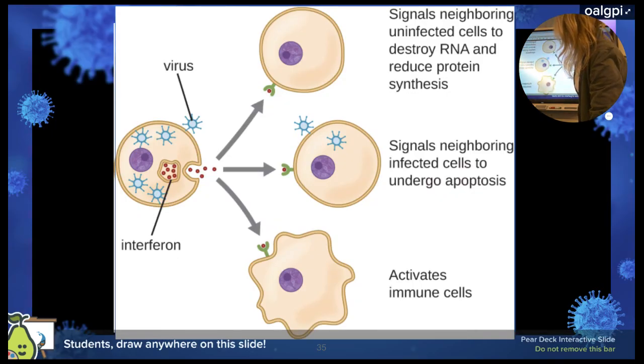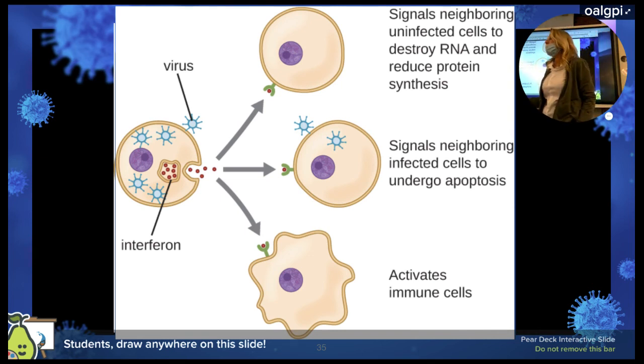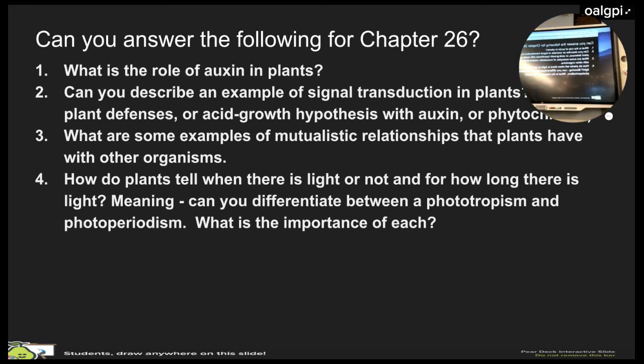And then, let's talk about interferon. When one of your body cells is infected, it wants to warn everybody else, save yourself. Maybe you should just go ahead and commit apoptosis now. Stop making any proteins because you might be making viral particles. So that is interferon, that gets released. All right. And then, lo and behold, these last 4 minutes, plants.